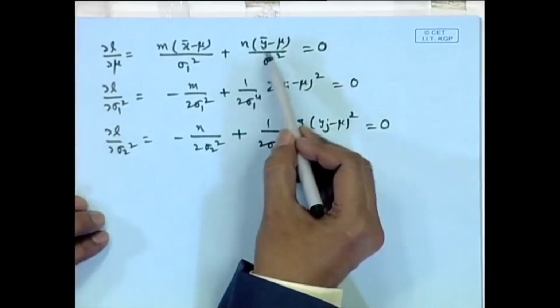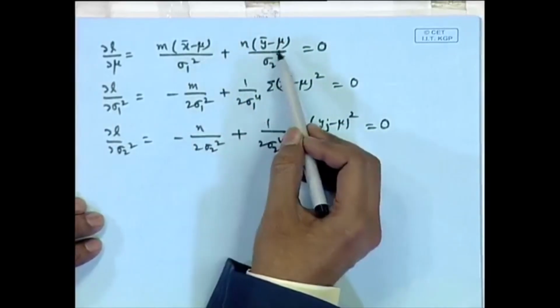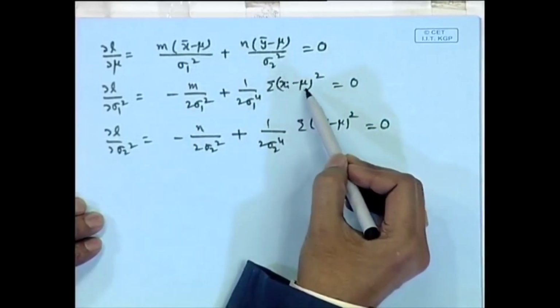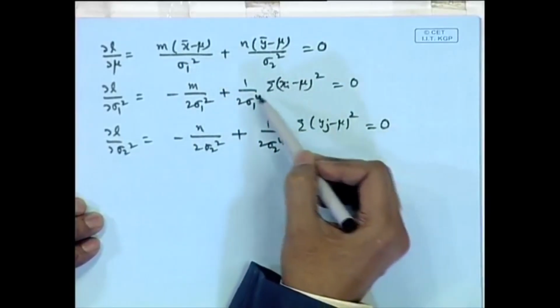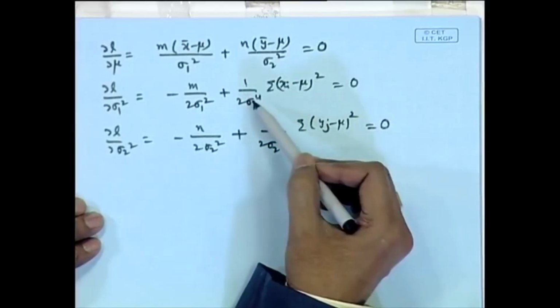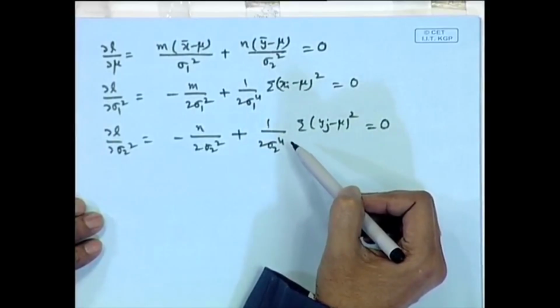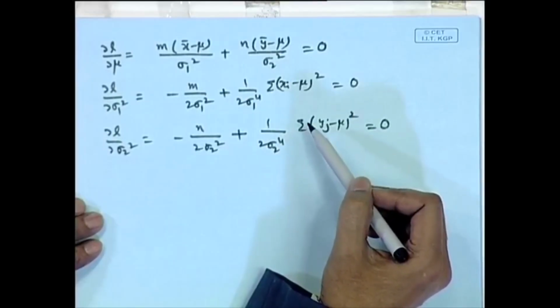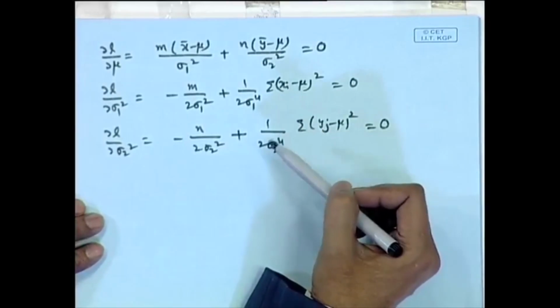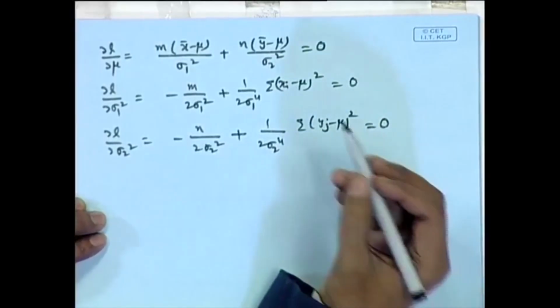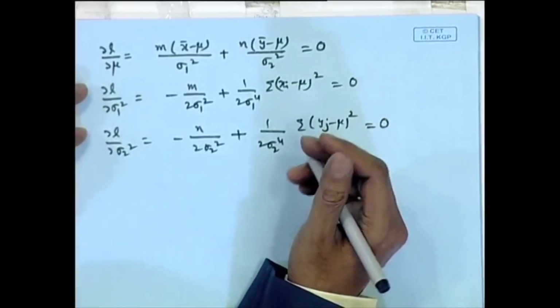Obviously, you can see that if I obtain the value of mu from here, it involves sigma 1 square and sigma 2 square. So, substituting here we get highly non-linear equations in sigma 1 square and sigma 2 square, and the solutions for them cannot be obtained in the explicit form. So, numerical methods can be used to obtain the solutions. Therefore, the question arises: what are the